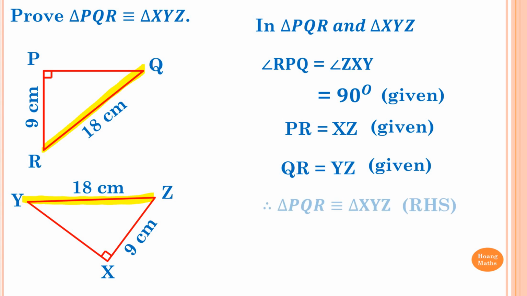So therefore, triangle PQR is congruent to triangle XYZ. And the rule is right angle, hypotenuse, side,